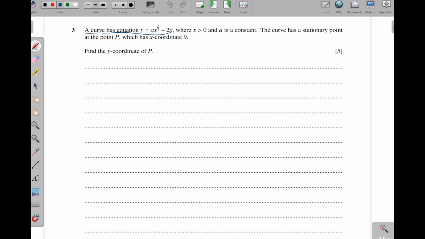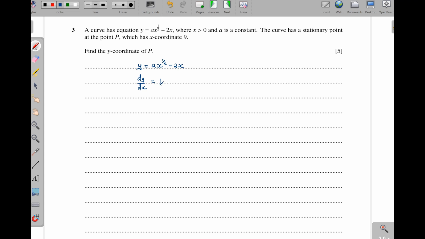Question 3. A curve has this equation where x is greater than 0, it's positive, and a is a constant. The curve has a stationary point at P, which has the x coordinate 9. Find the y coordinate of P. So what we are going to do is to differentiate and then equate to 0, okay? So if y is equal to a, then x power half minus 2x,